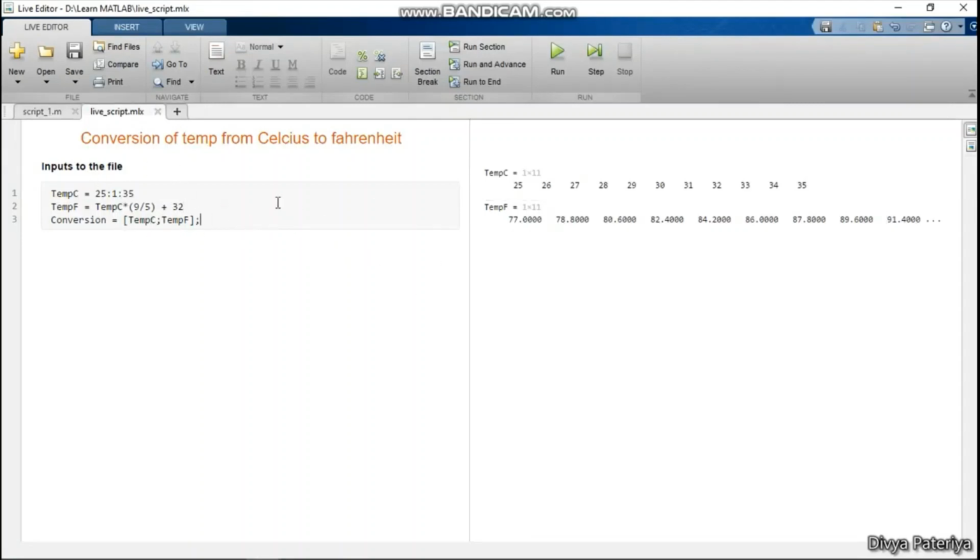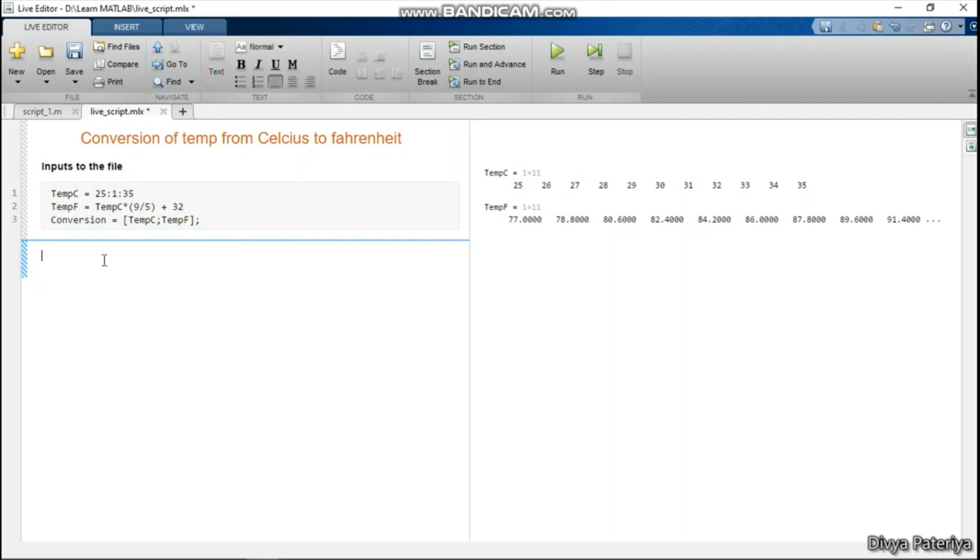I want to add another section in which I will be opening the file, I will be writing inside the file, and then I will be closing the file. So suppose I am adding another section here and I will give a section break. So now this simply means that I have made a section 1, which is this, and now I am writing in another section, and these sections are divided by this blue line that we can see. So it is a kind of indication that is telling us that right now I am in another section. So now what I want to do is add a text here.